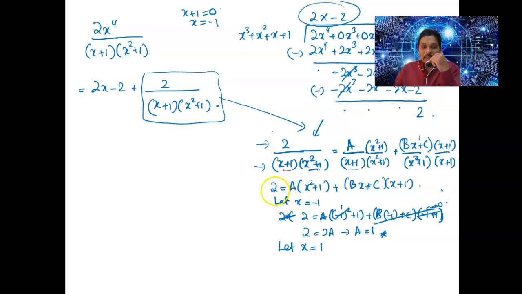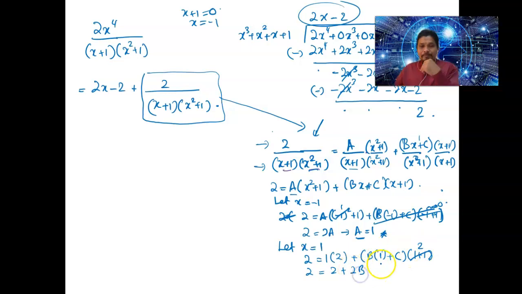When x equals 1, the constant 2 remains here. 2 equals, we already found that a equals 1, so 1 times (1 squared plus 1), which is 2, plus b multiplied by 1 plus c, times (1 plus 1), which is 2. So 2 equals 2 plus b times 2, which is 2b,